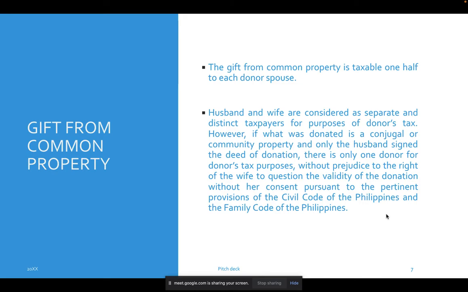Kasi kapag conjugal or community property po yan, hindi po basta-basta namimigay ng property na galing sa community property or conjugal property. Dapat both ang mag-asawa ay nag-agree na magdo-donate sila. Kung hindi po nag-agree yung dalawa, pwede pong i-question yung donation ni husband kasi bakit dinodonate mo o ibinibigay mo ang mga ari-arian na pagmamay-ari nating dalawa. Okay? Tandaan lang po yan. Okay?